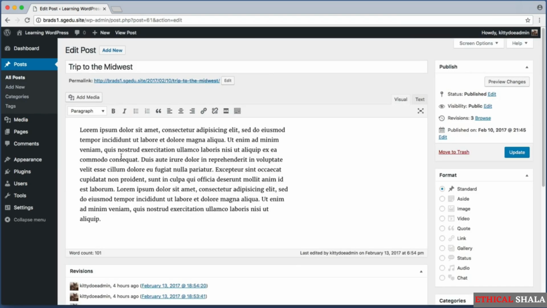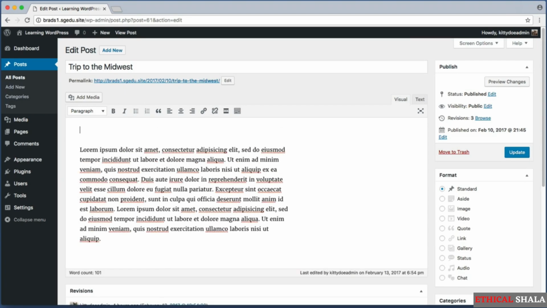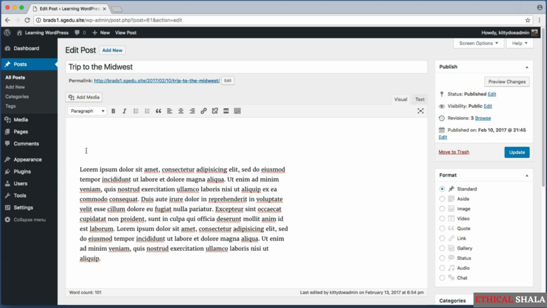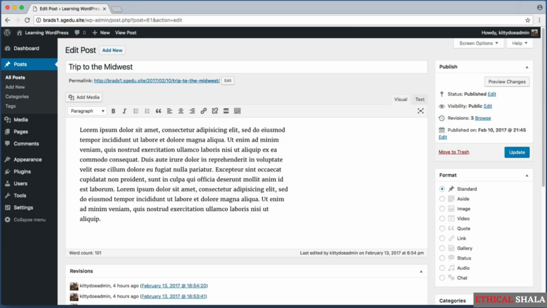Alright, now your first instinct, if you want to add a photo here, might be to click into this main content field and insert an image right here. So maybe you would use the Add Media button. Now that will technically work, but I want to show you a better way. So let's leave this main content field alone, and instead I want to direct your attention to the right-hand side